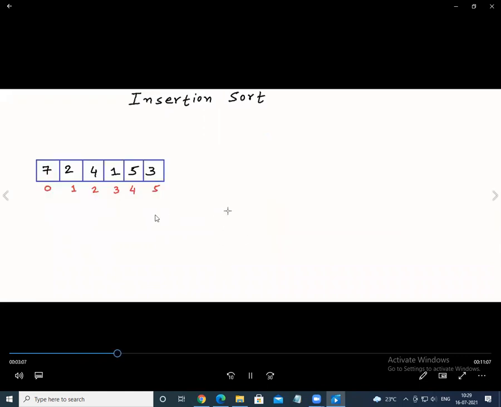Let me go with the example of a number. You have a number over here. We have to sort the list of integers. This is given as a, and this is unsorted. So we have 6 elements in an array, so it has to be placed on the right hand side.